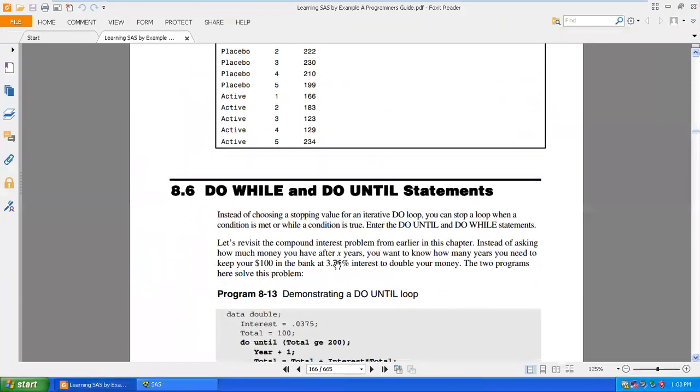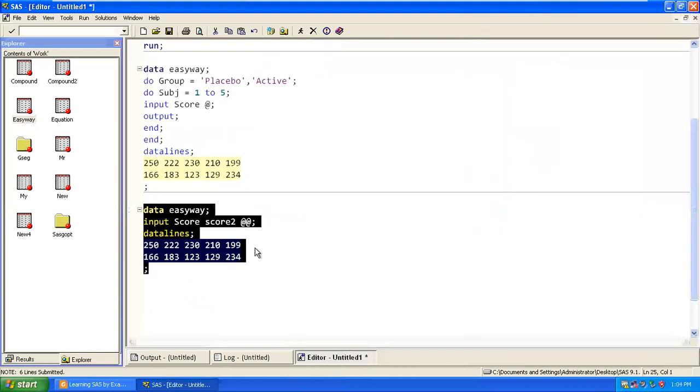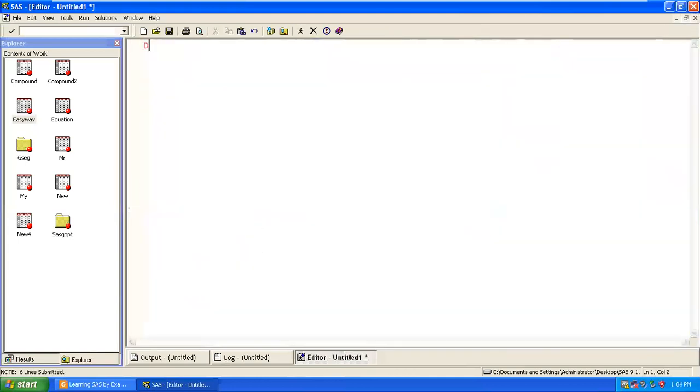So now next, again this is the main topic: do while and do until. Be careful in this. So you have do while and do until, correct? Do while का मतलब होता है तब जब तक, हिंदी में बोले तो, और do until का मतलब तब तक.